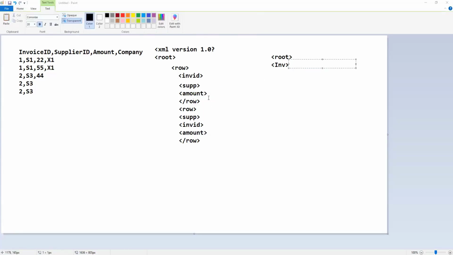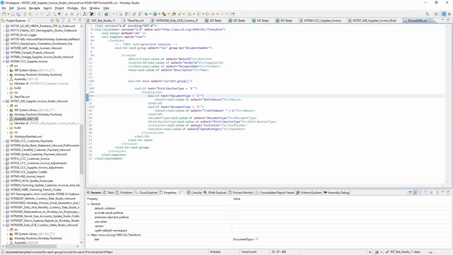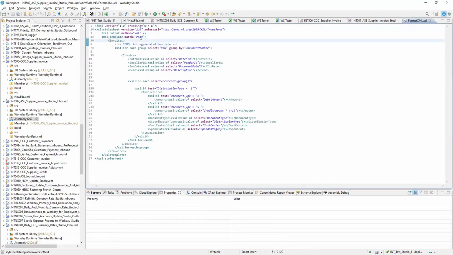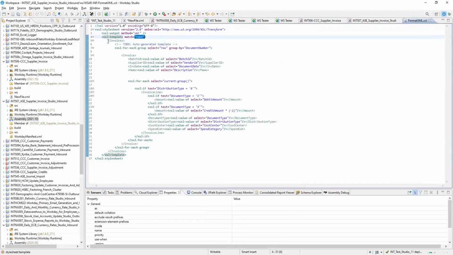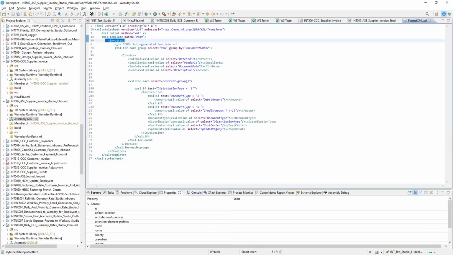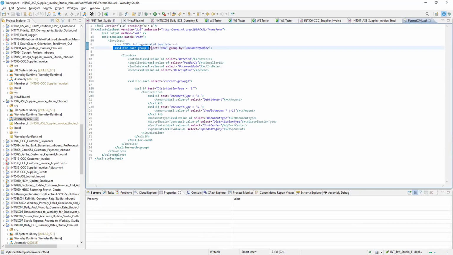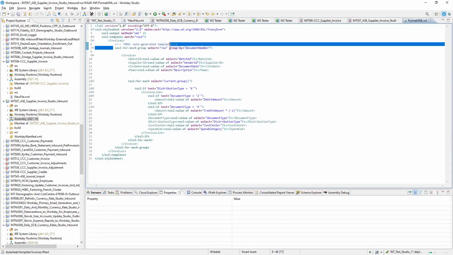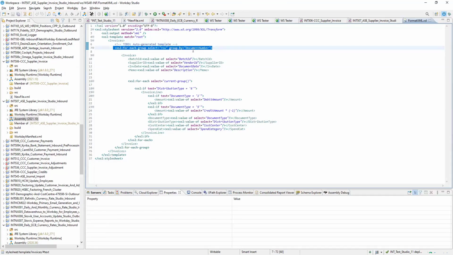So now, if you see here, okay, template match root. At the top level, I am matching that root, and whatever you give here will become your tag instead of row. Now I'm putting invoices after that. Then there is the syntax for-each-group: select row, group by document number.